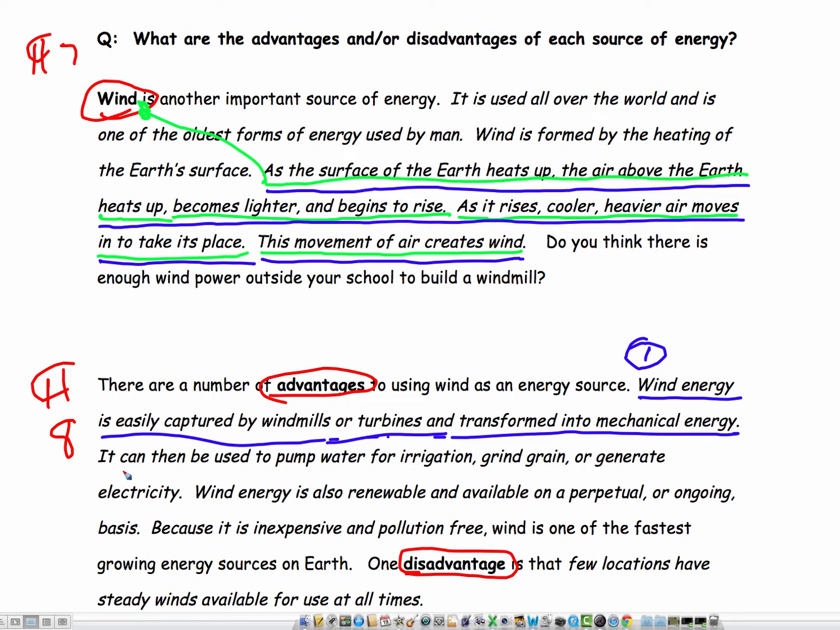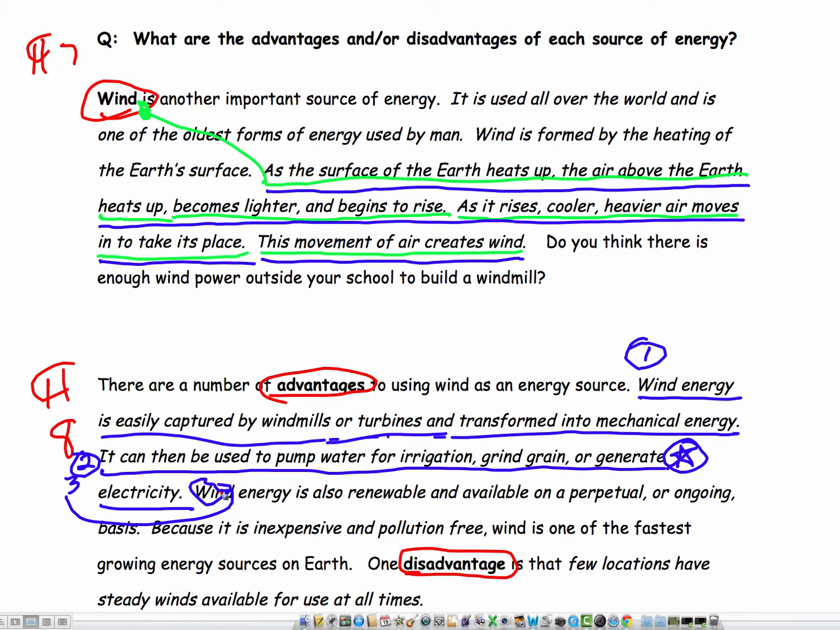Also, windmills can be used to pump water for irrigation or to grind grain or to generate electricity. And boy, here's an important one. Generate electricity. I like that idea because we love electricity. Humans are in love with electricity. And then finally, so second, it can be used for a variety of sources. And third,